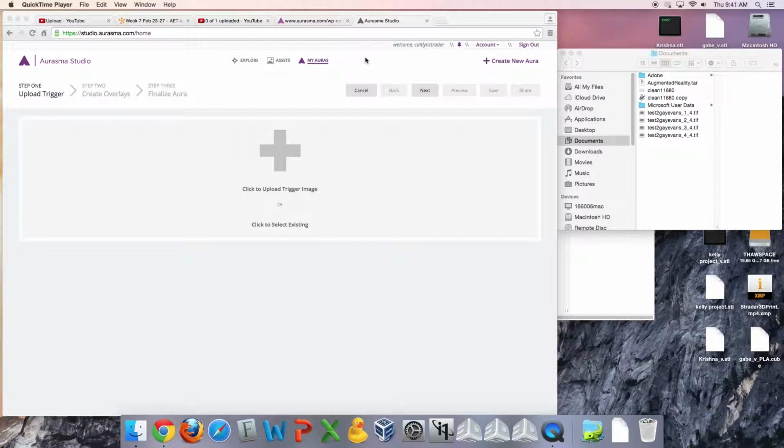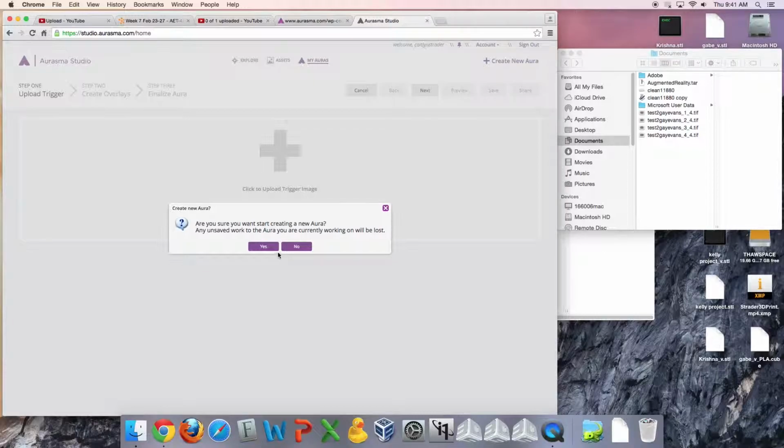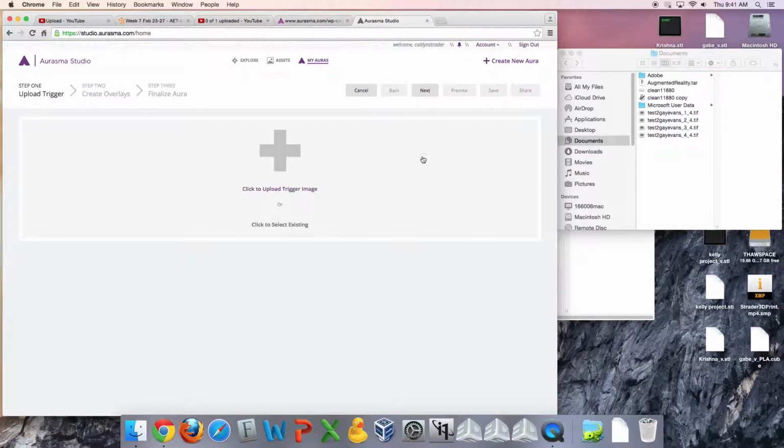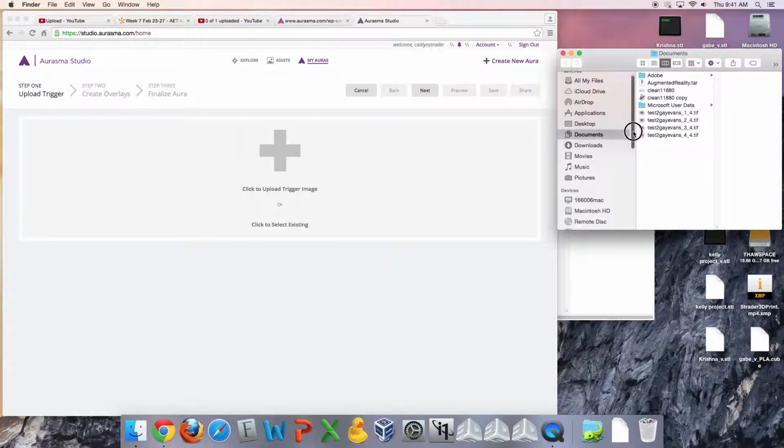Today I'm going to show you how to do an augmented reality using the website called Aurasma. Basically, I've signed into my account and I just click create a new aura. What I'm going to do is upload a trigger image, and my trigger image is already on my